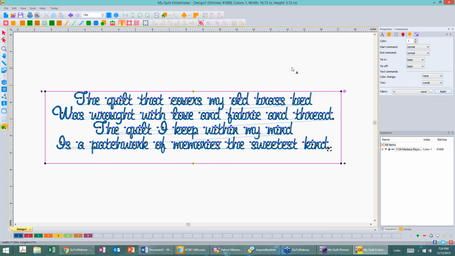And we really don't see any difference except that there's not going to be a knot. Well, you can kind of see right here. If I go to 3D, there's a jump stitch between the T and the H. These evidently are close enough. They didn't think it was a different word. There's a jump stitch there. That's a little better, but that's still going to take a long time to stitch out. So here's my preference for this. I'm going to change my trim to lines. I want it to trim at the end of each line,